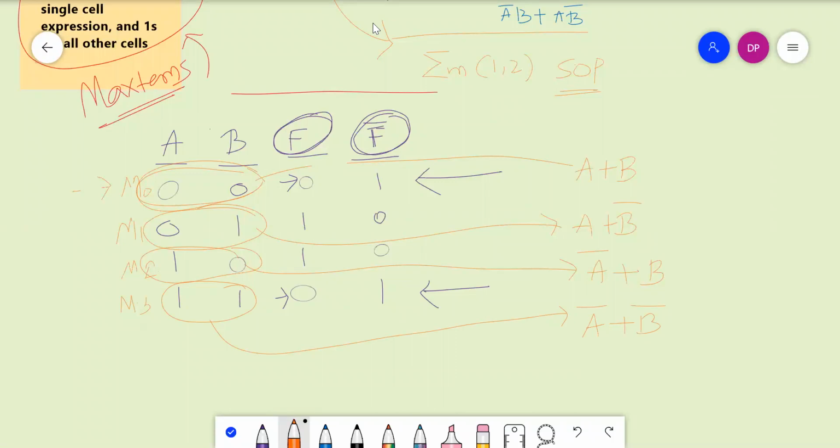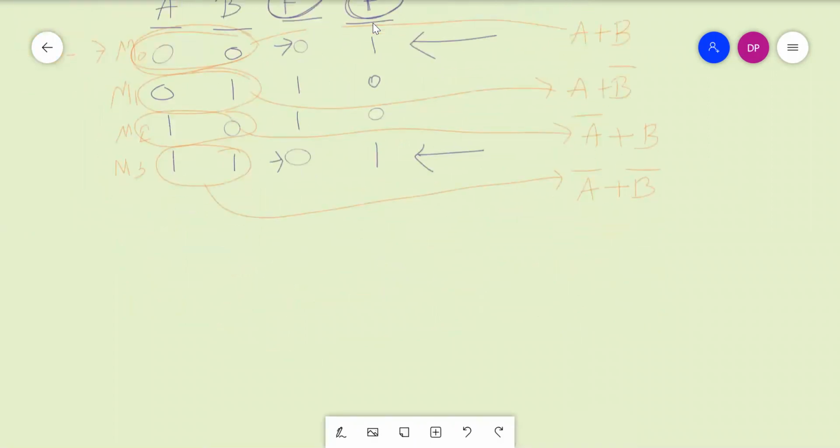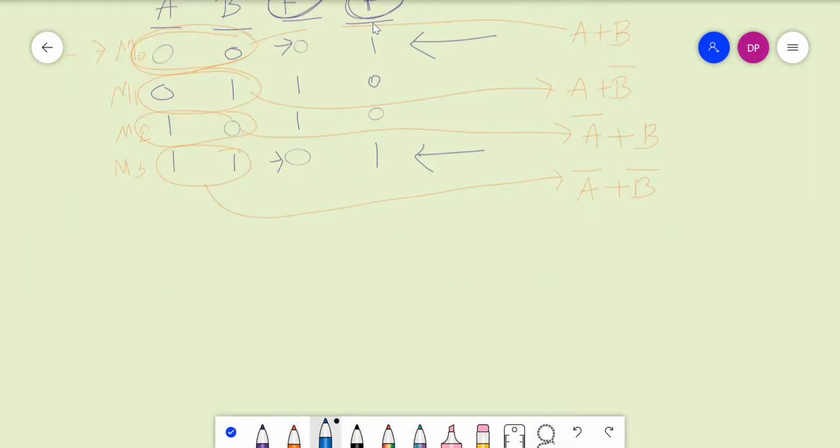So we have to express the function in terms of sum of products or product of sums. In terms of product of sums. So this is called product of sums. In short, we call it POS, product of sums. So if we write F bar is equal to, what will we write? A plus B dot A bar plus B bar.